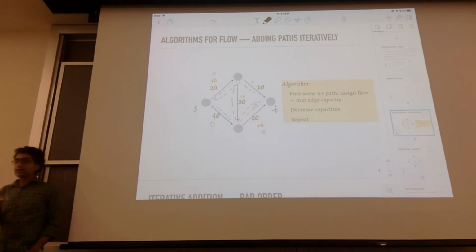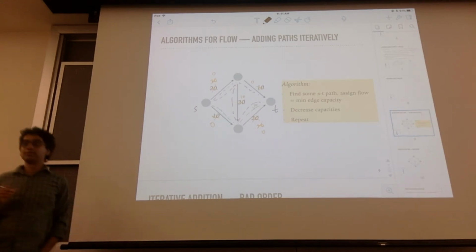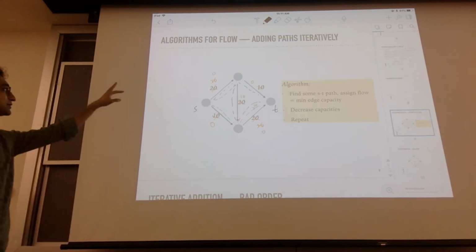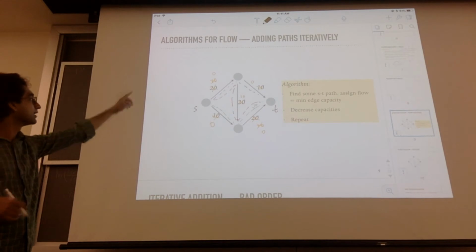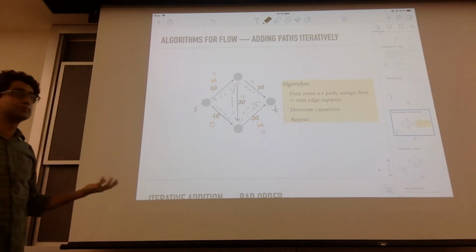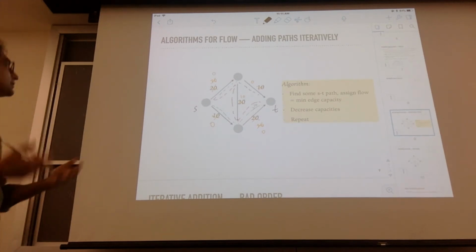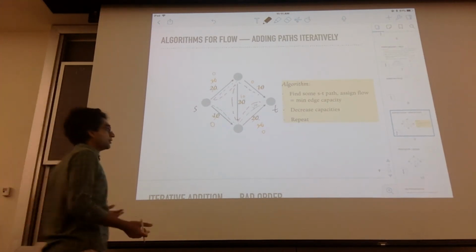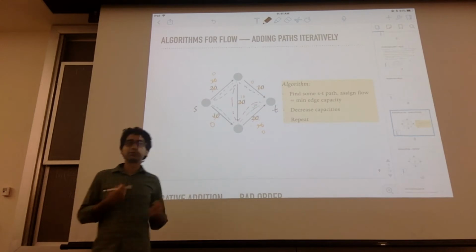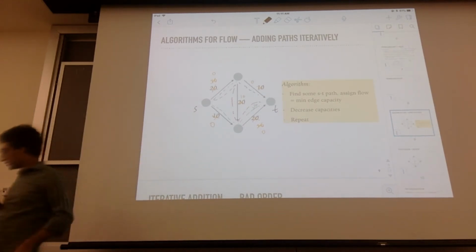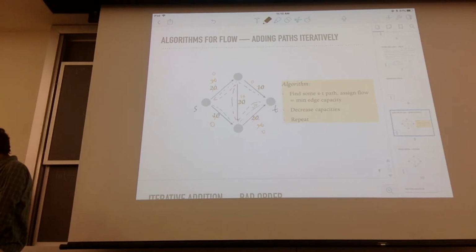So this is a natural algorithm that you can come up with. You take some path and reduce capacities along that path, and now look in the remaining graph to see if you can add more flow. This is a kind of iterative augmentation, if you like to call it. You start with some flow, and you augment it. But it turns out that this is not always